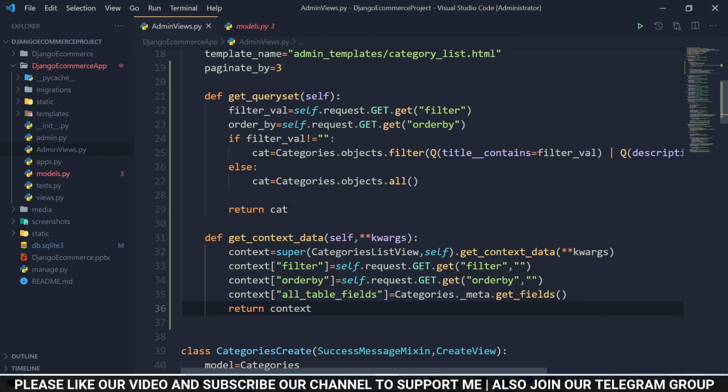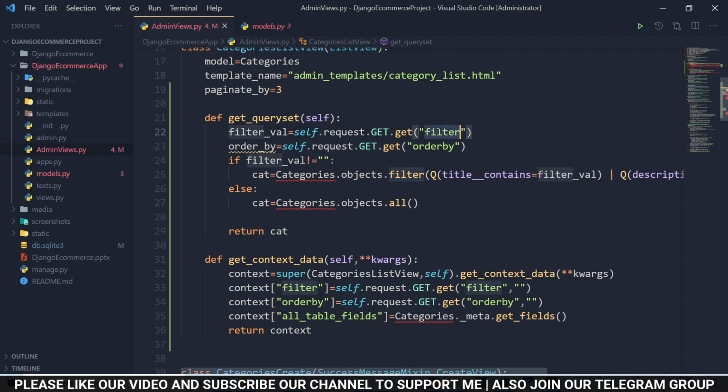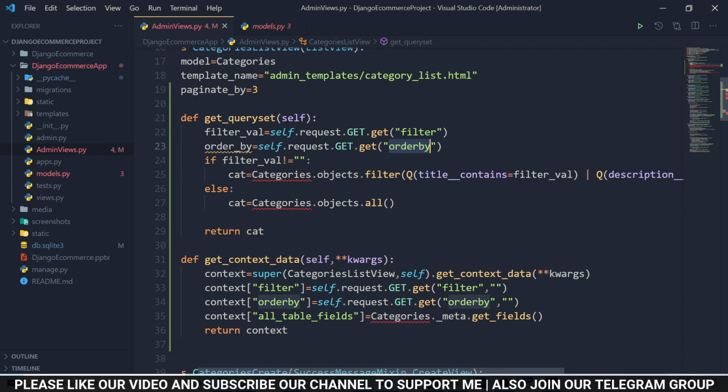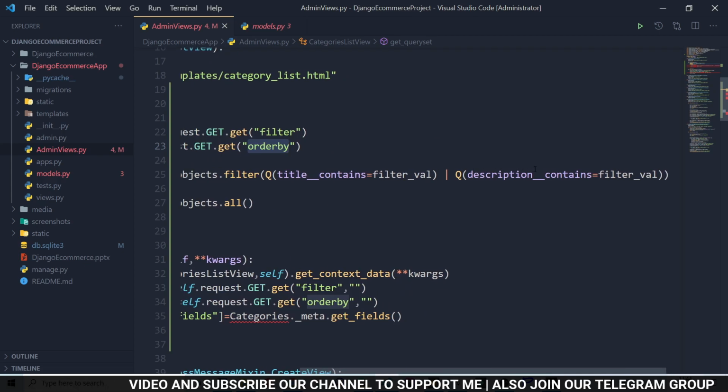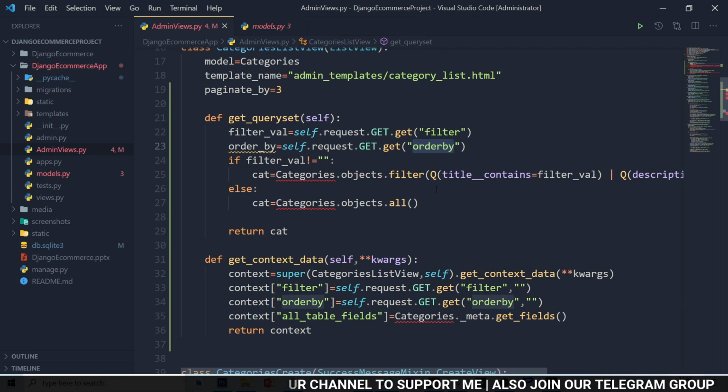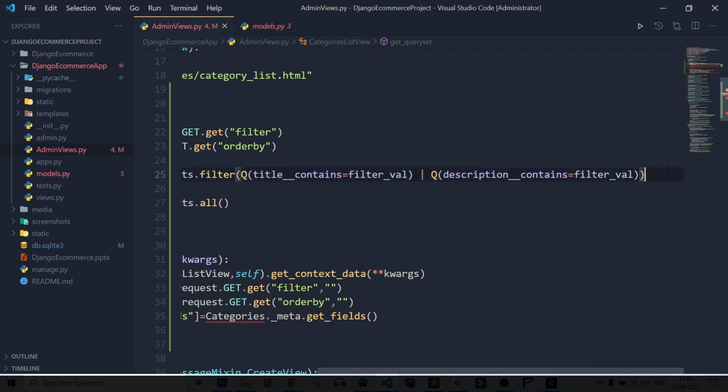Save it. So here you can see I pass the filter data and order by data from form, and here you can access the data according to category. You can see first category is used for searching the data in title and description, and second you can use to access all the data. After that, let's add order by here.